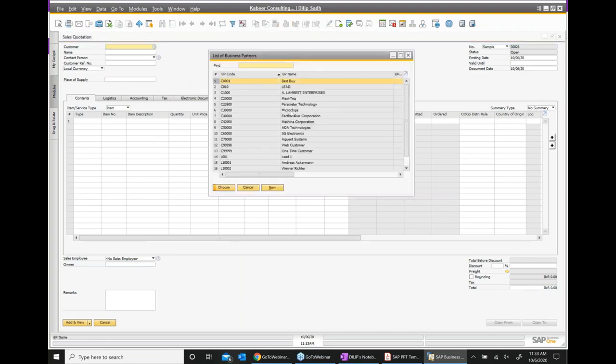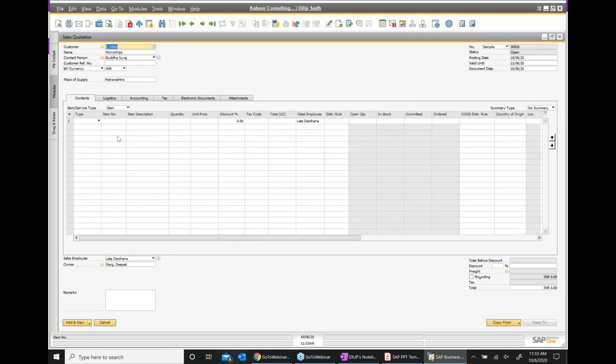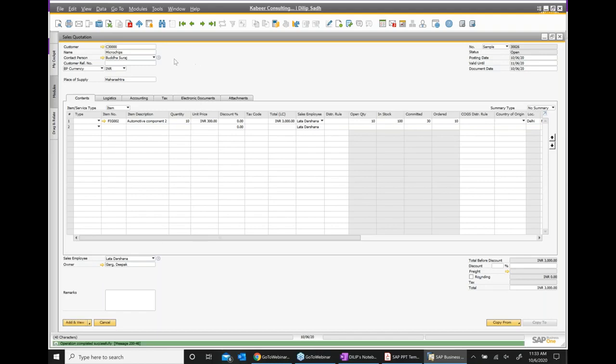So we create a sales quotation, we select the customer, we select the item FIG 002, quantity 10 pieces, price $300, and we create a quotation. Okay. So the sales quotation is created.